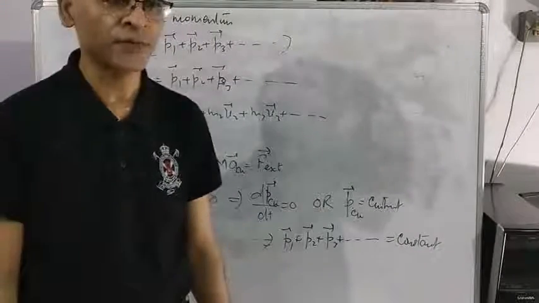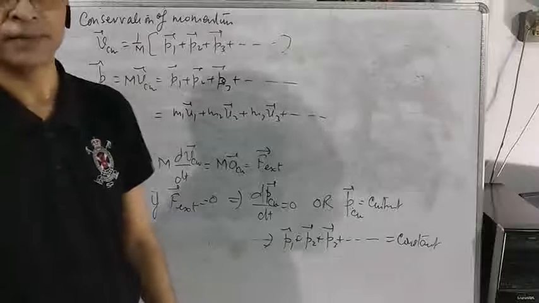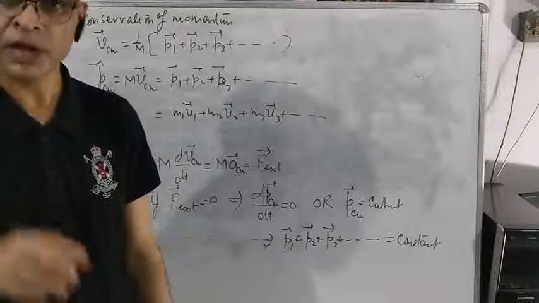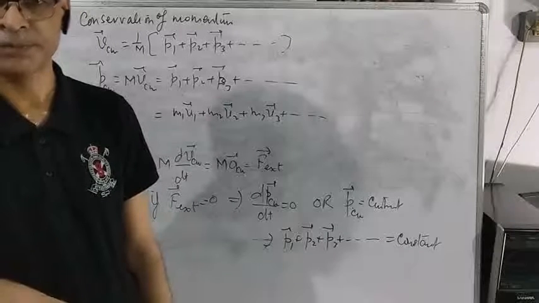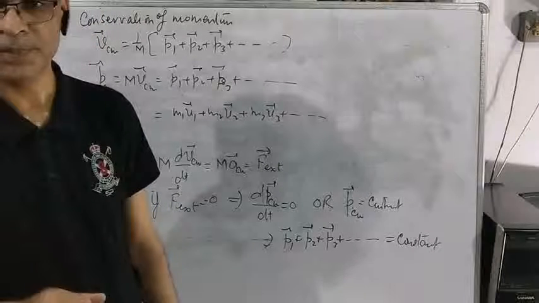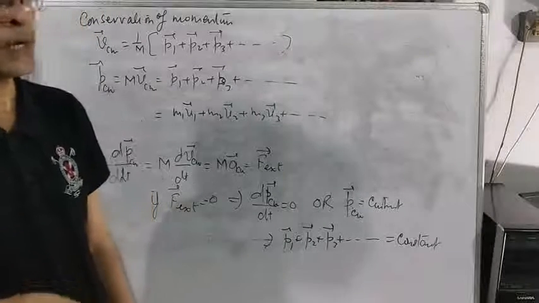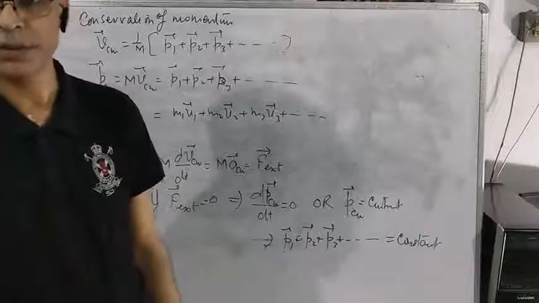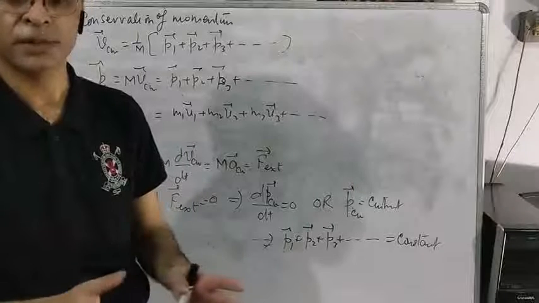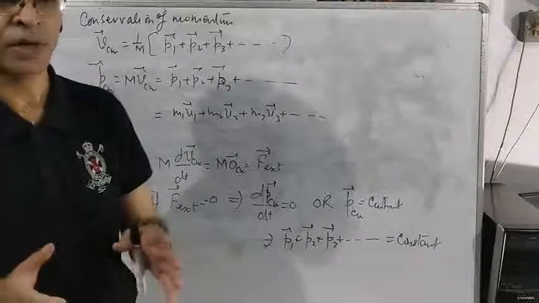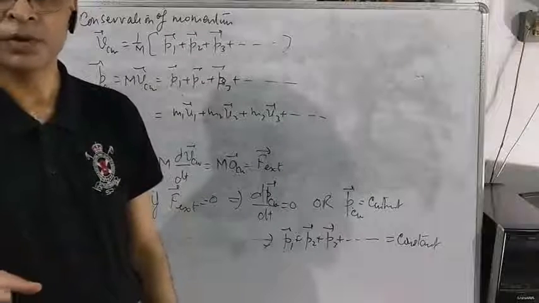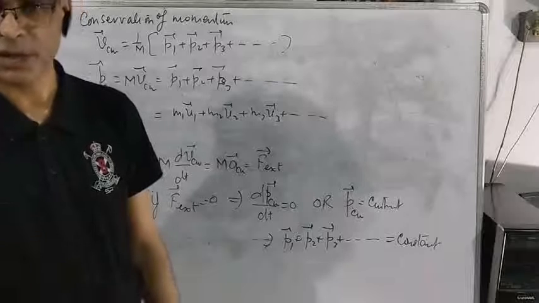Students, now let us understand the difference between center of mass and center of gravity. Center of mass is defined as the point where the whole mass of a body is supposed to be kept, while center of gravity is defined as the point where the whole weight of a body is supposed to be kept. And you know that weight is the product of mass and acceleration due to gravity. Though mass remains constant, the center of mass remains fixed, means the center of mass of a body remains fixed. But center of gravity keeps on changing because acceleration due to gravity is not fixed everywhere.